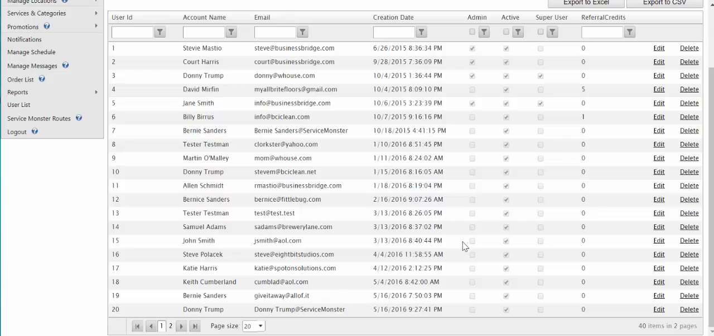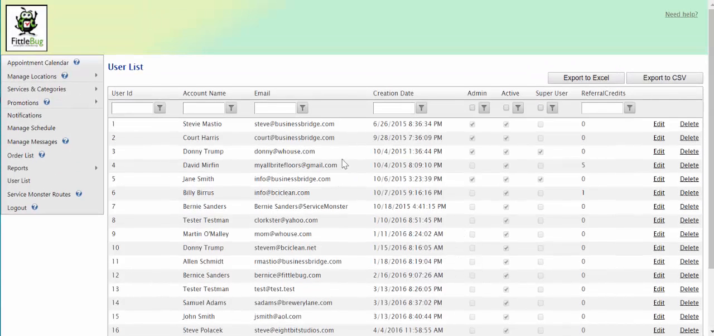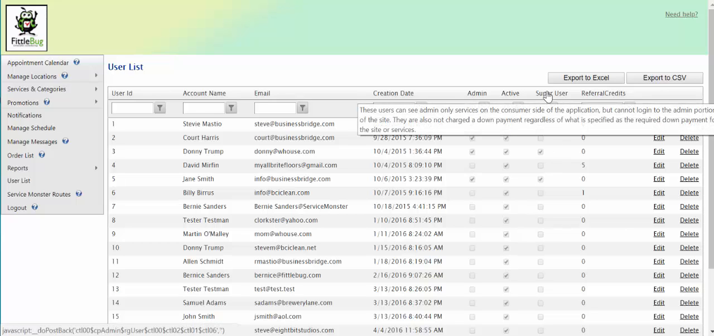There'll be multiple pages, I'm sure. It'll tell you their email, or if they don't have an email, correct. Creation date, it'll tell you whether they are considered an admin in the program, like maybe the owner or the administrator of your company. Whether they're active, which you can deactivate a particular person, which turns them off and they won't be able to get back into the FittleBug. And the last column is super user. Super users